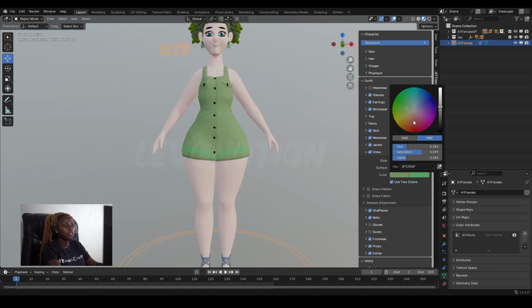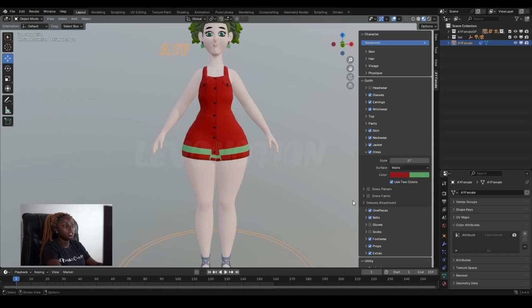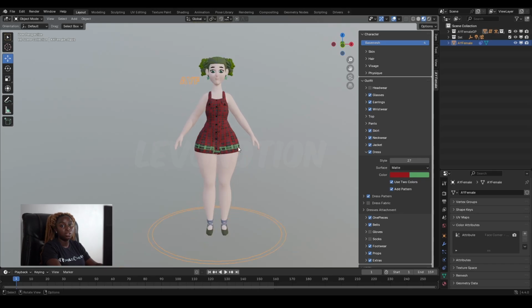This first color, let's make it red. Then this second color. If you have pattern assigned to this outfit, and you want the pattern in the second part too, you just say add pattern. So pattern will also be added to your second color. That's what add pattern is for. Then you can add fabric. The fabric option